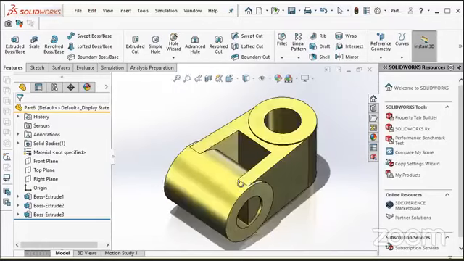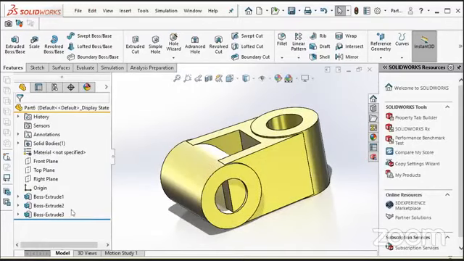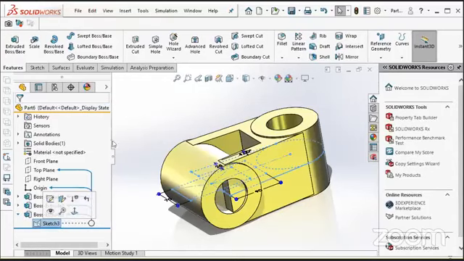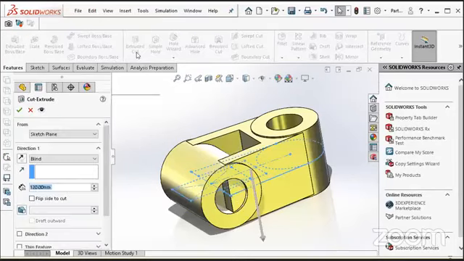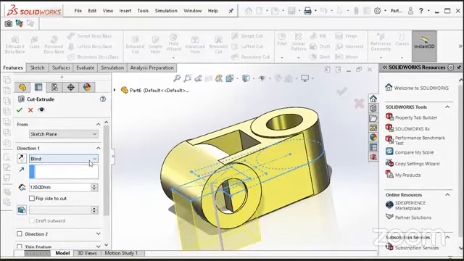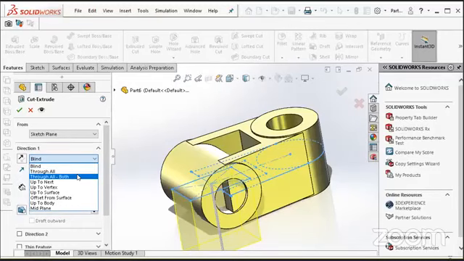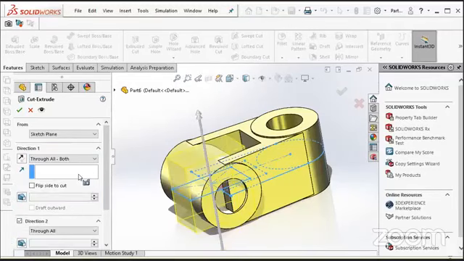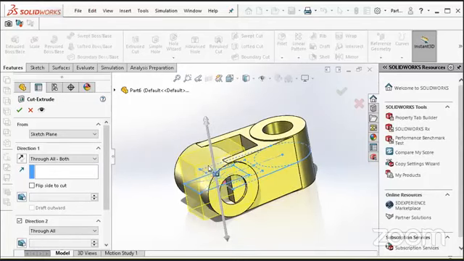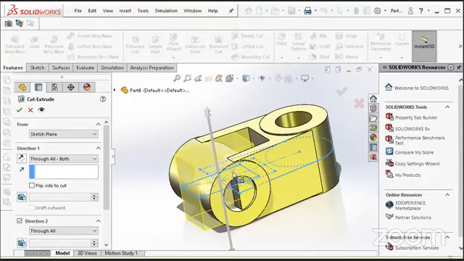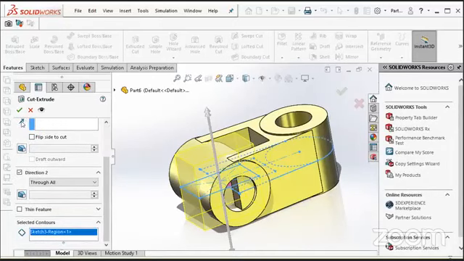We just need to make some cuts. Again, for the cut, I will select my sketch and go to the extrude cut. In the extrude cut, I will select this rectangular face and select through all both sides, which means that if there is any solid on both sides, this rectangle will cut them. Click OK.